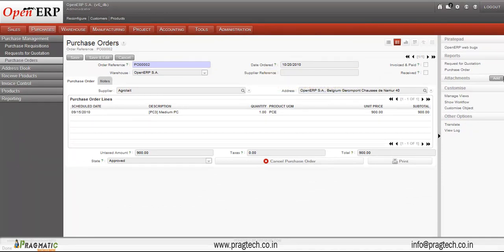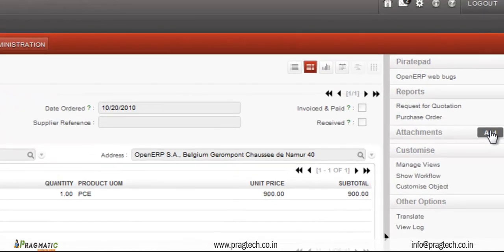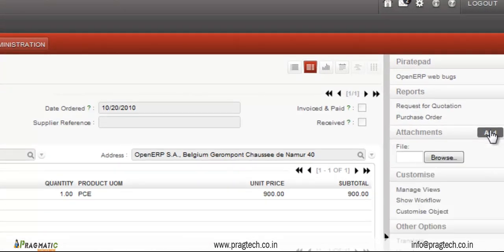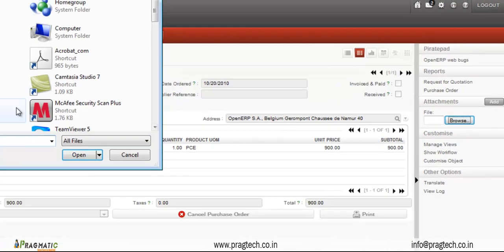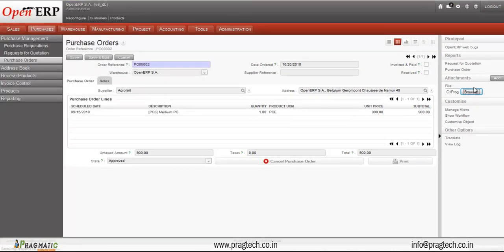Now on this same form you can see the attachment feature. There are some improvements in attachment also. You can directly click and browse the file and attach the files. In the previous version we had to go to the upper side, where there is a shortcut. Now they have improved the usability, and they have added it on the right side.